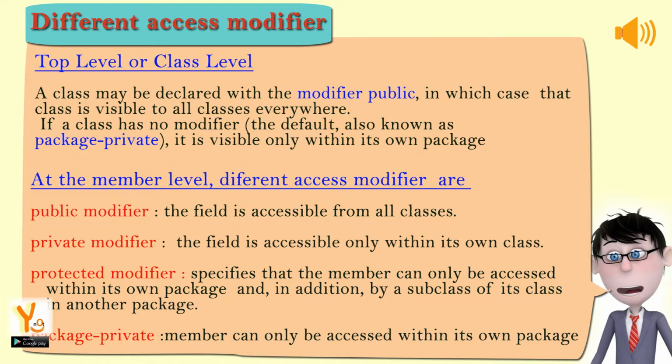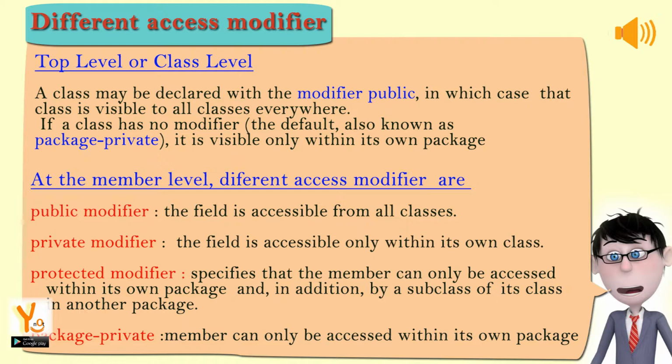Top level or class level: a class may be declared with the modifier public, in which case that class is visible to all classes everywhere. If a class has no modifier, the default, also known as package private, it is visible only within its own package. At the member level, the different access modifiers are: